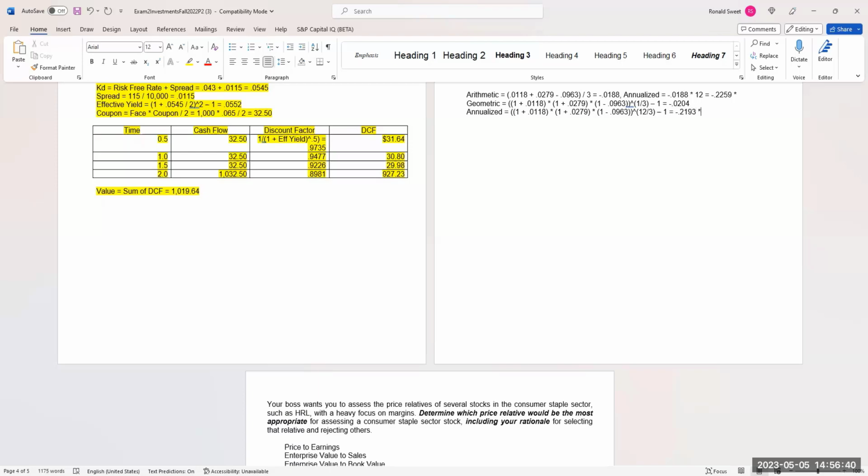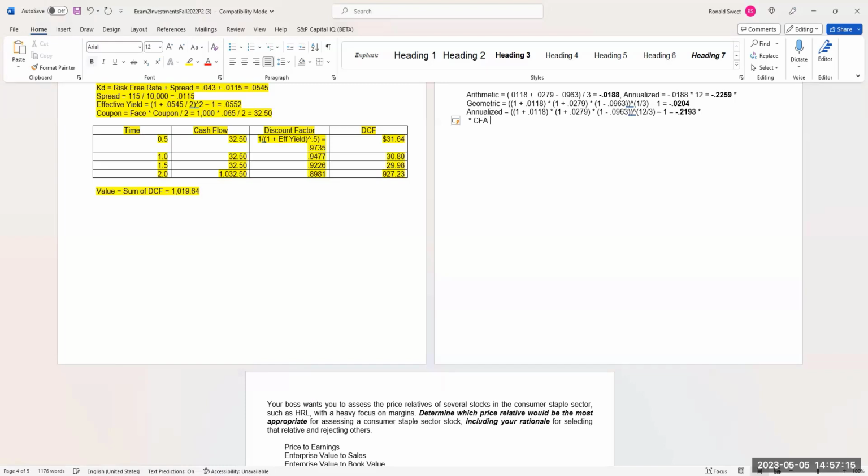Again, an asterisk. So there's my answers. Negative 0.0188 is my arithmetic. Negative 0.2259 is my annualized arithmetic. Minus 0.0204 is geometric. Minus 0.2193 is my annualized geometric, and then the footnote